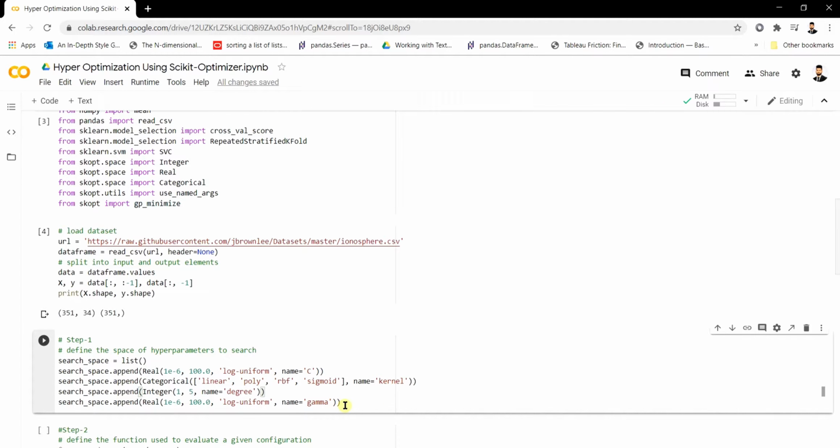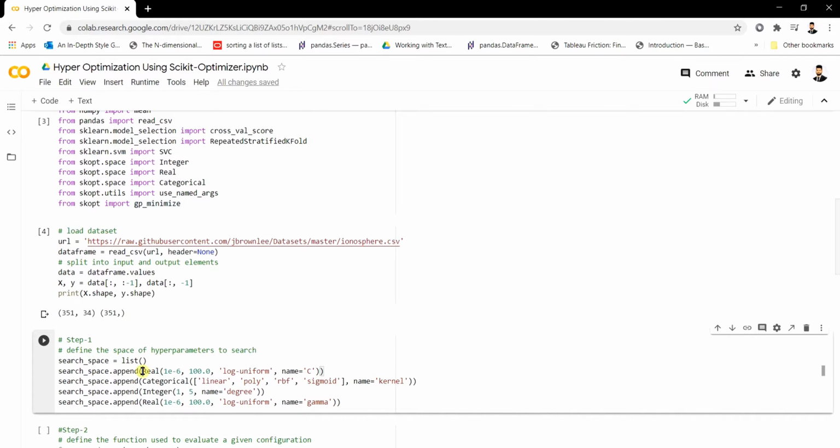First we'll define a list, the search space variable, and we're going to start appending different kinds of ranges. For the parameter C, we're going to define a range which is a real value.